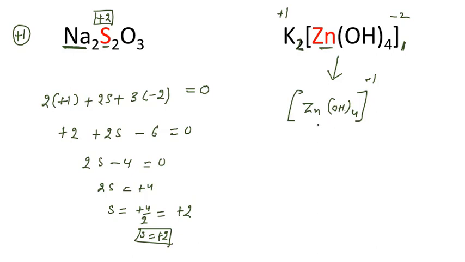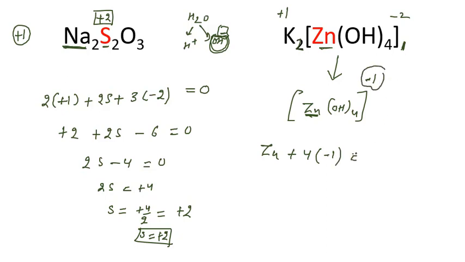Okay, now we can simplify this portion. For zinc we have to calculate oxidation number. Here we have zinc plus 4 hydroxide ion are given here. Remember, if I talk about H2O, it can produce H plus ion and it produces OH minus ion. OH minus ion, this hydroxide ion always carry what kind of charge? Negative charge. How much? -1. I mention here -1 is equal to, and its total charge is equal to this, because this is polyatomic ion. Here we have -1. Now we can simplify. It is -4 is equal to -1. Then zinc is equal to what? -1 plus 4 is equal to, here we get +3.